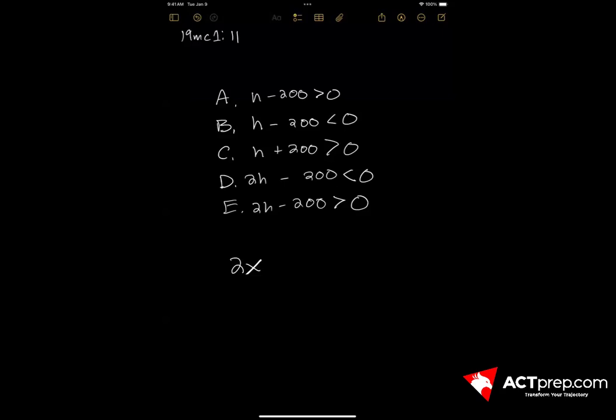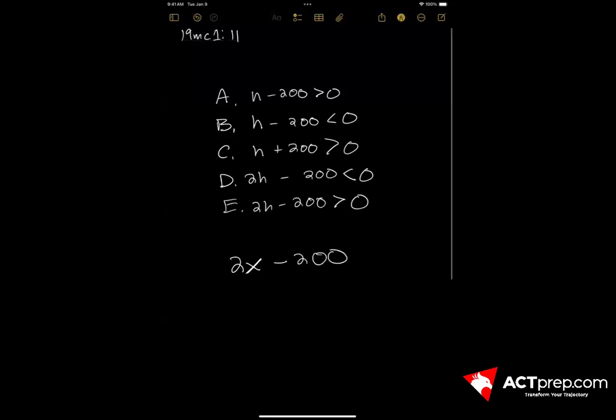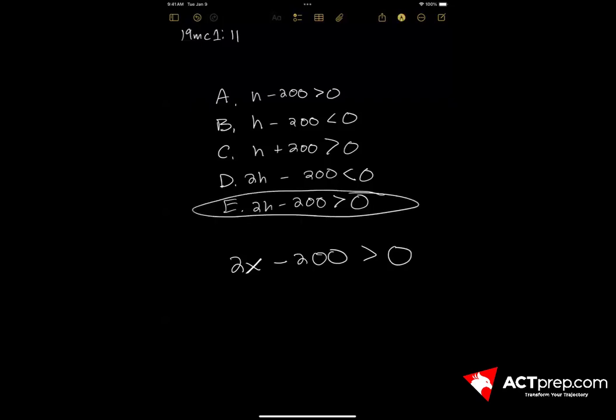And so 2 times X is going to be how much money she brings in, 2 times the number of hot dogs she sells. And whatever that is, she's going to have to subtract 200 from that, because that's how much she is paying per month in expenses. And that number is going to need to be greater than 0 for her to make a profit. So whatever amount of money she brings in, which is 2 times the number of hot dogs, minus that initial $200 she spent, if that number is greater than 0, she made a profit. If it's less than 0, she did not make a profit, meaning that we have answer